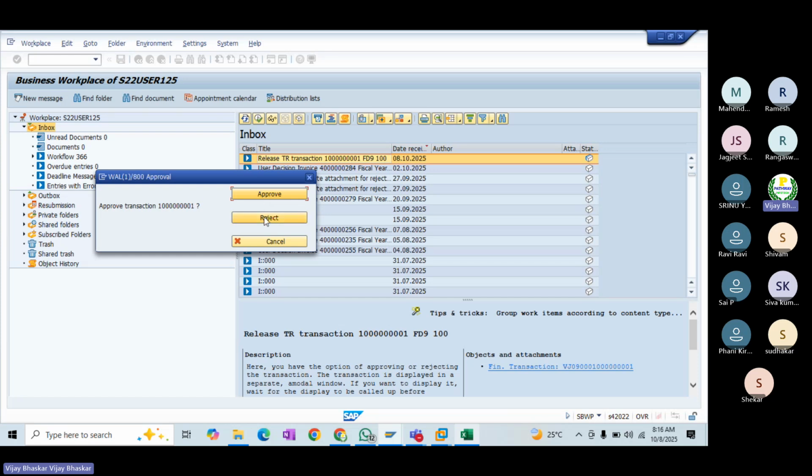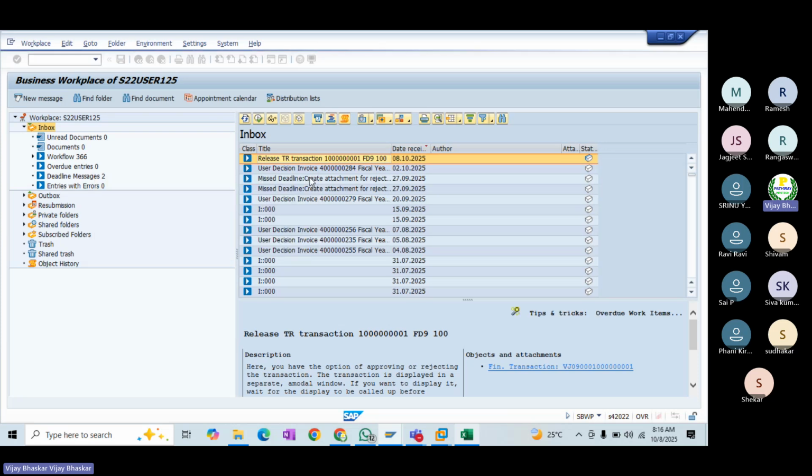In case of a rejection, why are you rejecting this one? You need to mention the reason. There could be some changes required, whatever it may be. Okay, there are a few changes required. Then let me cancel this one. But anyhow, I do not want to use the GUI function in order to approve the deal.